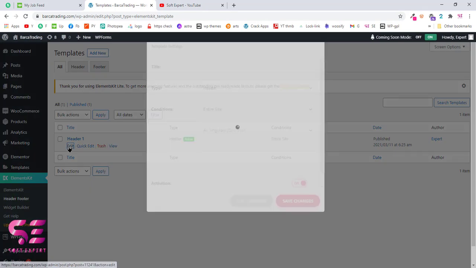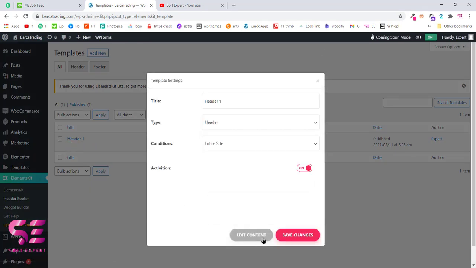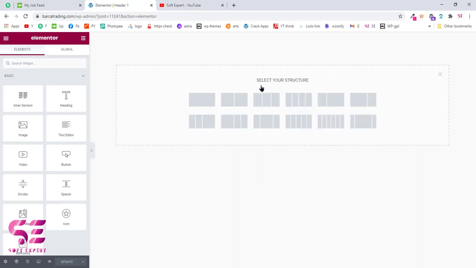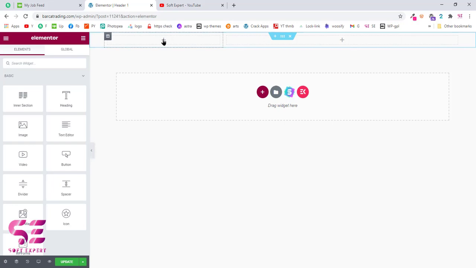Now let's edit this. Again click on edit content, and here you can create your custom header. So let's create it. First click on the plus icon, create a section, and I want this to be 2 columns, and we'll choose this one. Now to add your logo, just click on plus and add an image here.